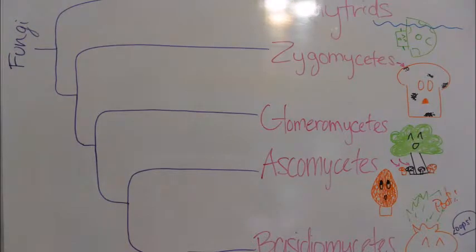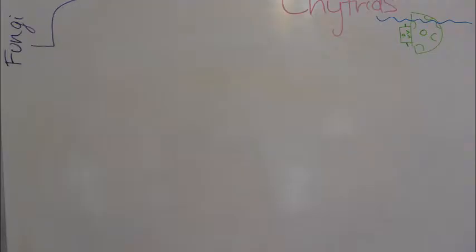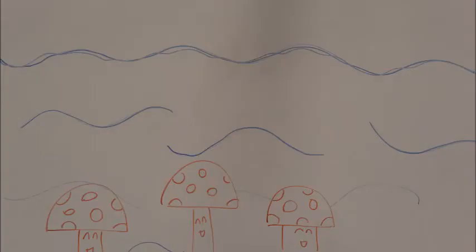First, we will look at the chytrids. Now, chytrids are the only group of fungi to still have a flagella, and are ubiquitous in lakes and soil, meaning that they are almost always found there. The current hypothesis is that chytrids diverged early in fungal evolution, which is supported by molecular evidence and the fact that they are the only ones that still have a flagella.